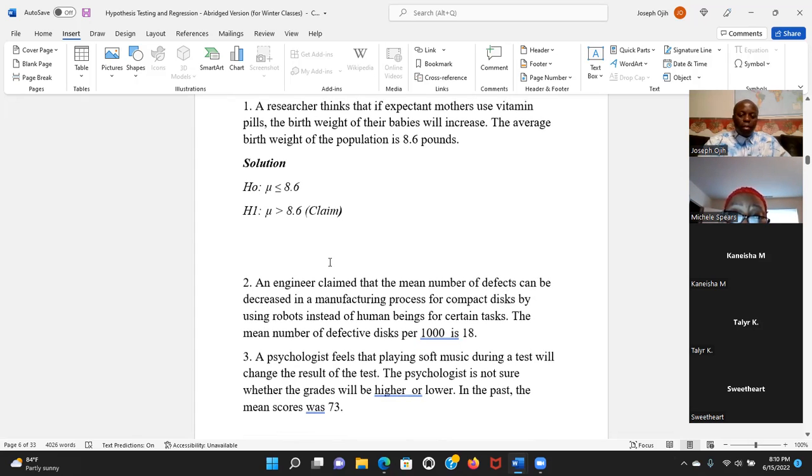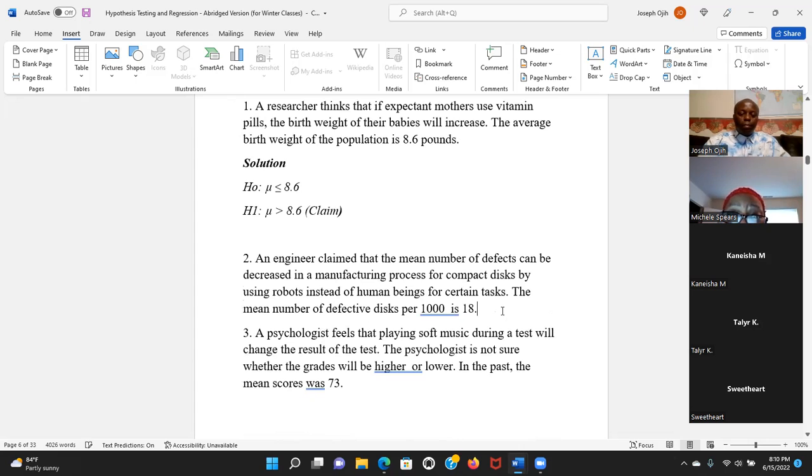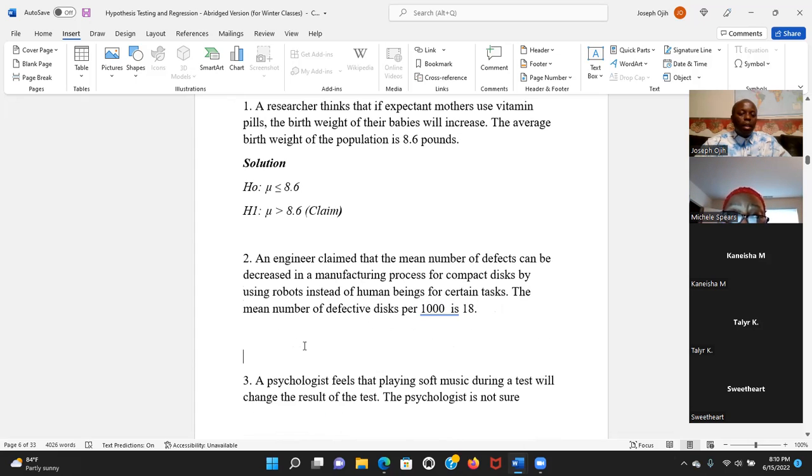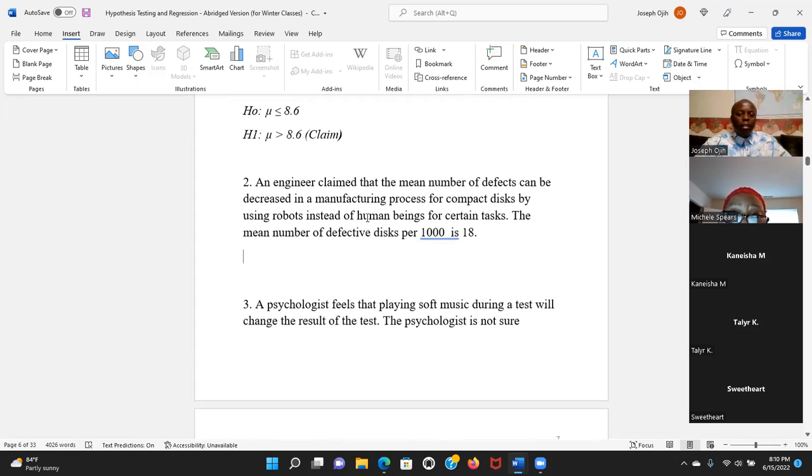Okay, good, excellent. Now, let's look at another example. It says an engineer claimed that the mean number of defects can be decreased in the manufacturing process for compact disc by using robots instead of human beings for certain tasks. See, can be decreased, the keyword there. That means less than, right? So the mean number of defective discs per 1,000 is 18. So you have your H0